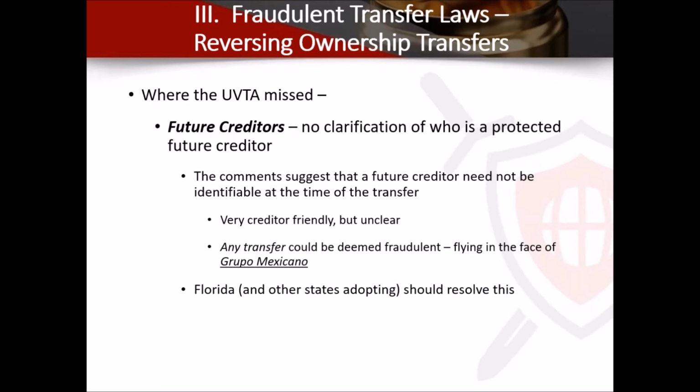Future creditors, it really provided no major clarification, which is creditor friendly. In other words, you don't have the Shackleton ruling where, if this person really wasn't contemplated when I made my transfers, when I became protected, they really don't have a case. It doesn't say that. If they became a future creditor and you became insolvent, they probably have a case.